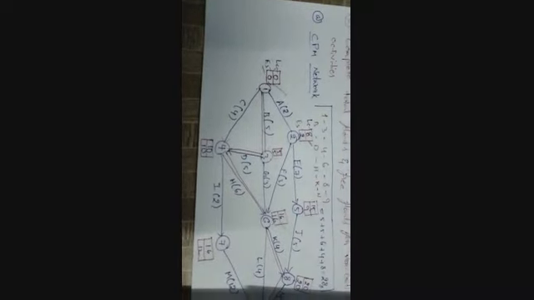So ESj is the earliest start time, that is 2, minus ESi, the earliest start time 0, minus Dij. Dij for the 1 to 2 activity is 2. The duration Dij is common, so it will not change anything. Only ESj and ESi change. So substitute the values for the 1 to 2 activity: 2 minus 0 minus 2, which is 0. So the free float for the 1 to 2 activity is 0.